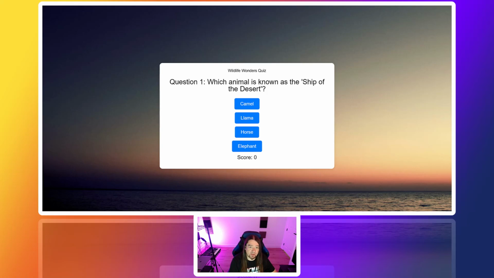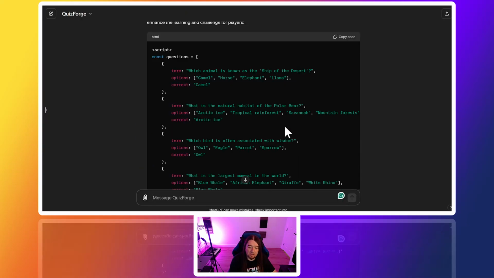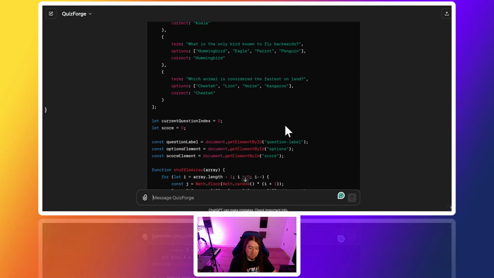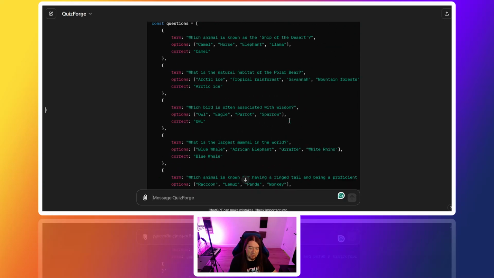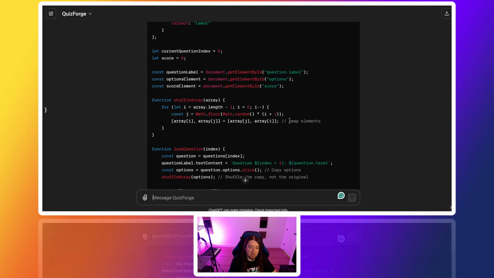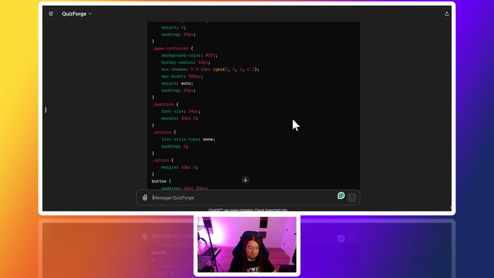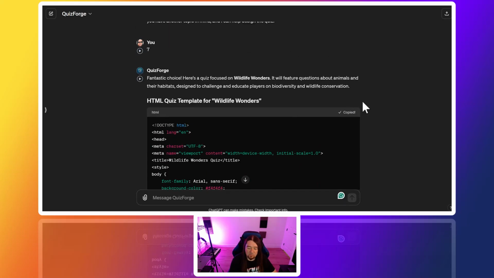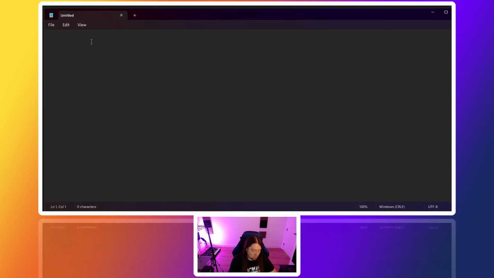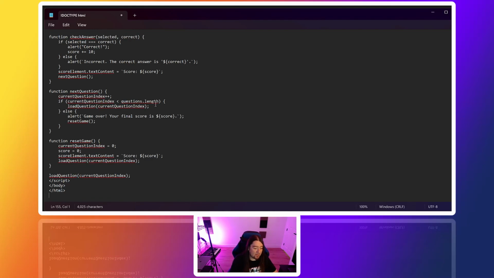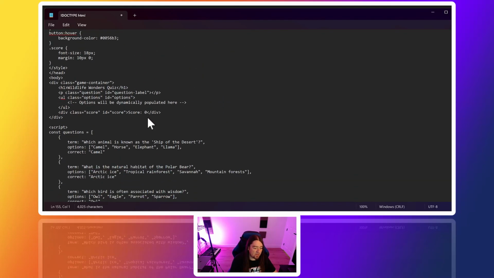We asked ChatGPT, the QuizForge, to give us some more questions. So now we have a list of a bunch more questions here, and I'm going to show you how to integrate those into the code really easily if you have never done that before. Again, this is just a really simple tutorial for people that haven't really messed with this kind of stuff a lot. But we're going to just open a new notepad and just paste the original code in here with these